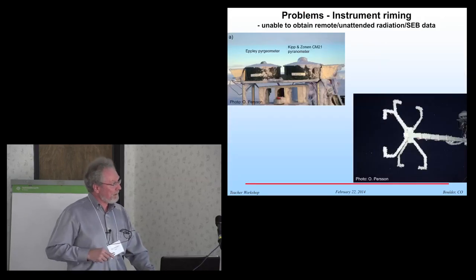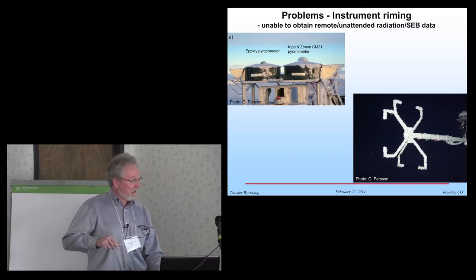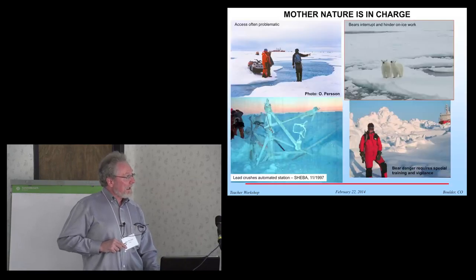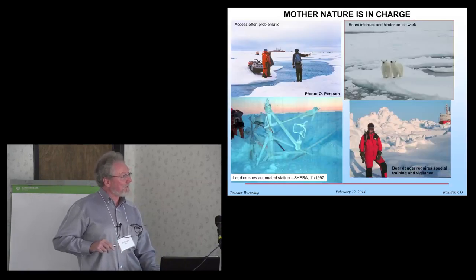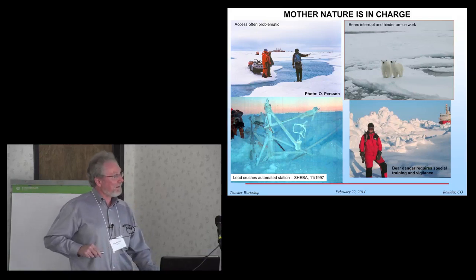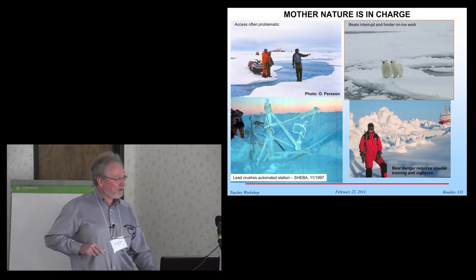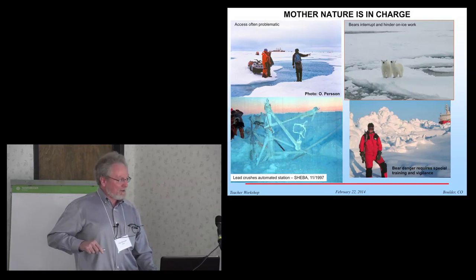Other problems. We talked about the riming problem, and it can definitely be a major problem getting good data for the surface energy budget, both on the sonic anemometers that measure the turbulence and on the radiometers. Other problems are logistics and access. You have to get out there with an icebreaker, and then you try to get someplace with your snowmobile, and you can only go so far. You have these melt ponds and such, so access is a problem. Access for another reason is polar bears. You don't want to be out there at the same time; they're very curious, and they want to be around. Everybody has to walk around with rifles,